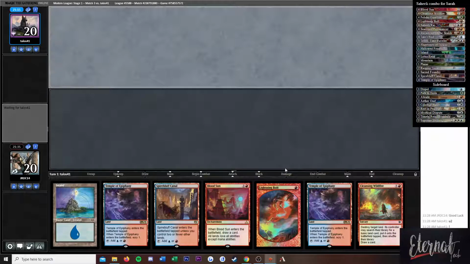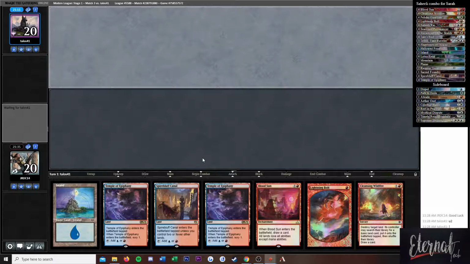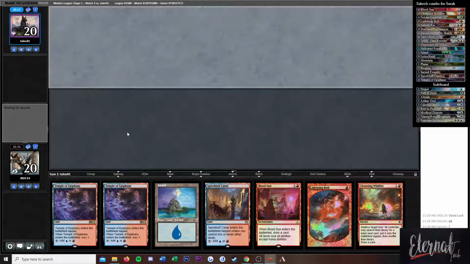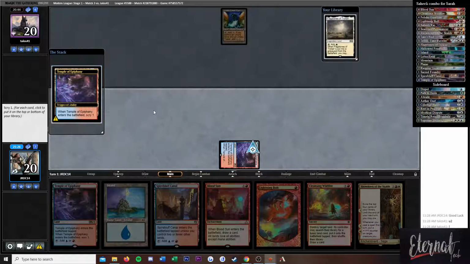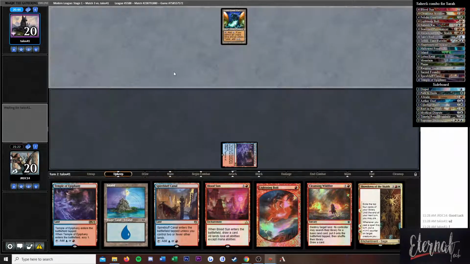This hand is awkward. I'm going to keep it. We still have Cleansing Wildfire. We have Blood Sun to draw some cards. We have 2 Temples to scry. I'm not going to say no to a White Source, so...